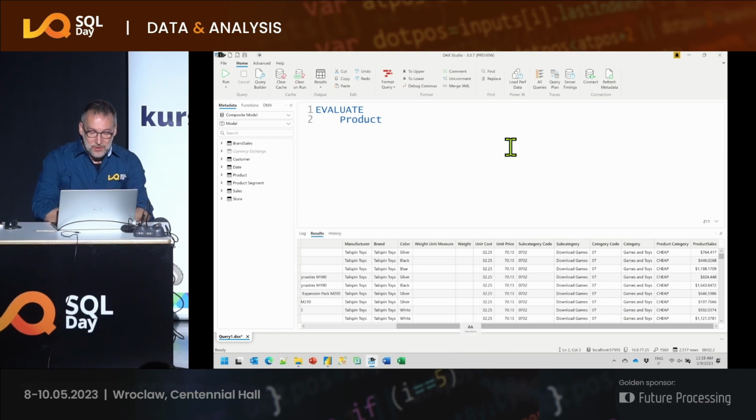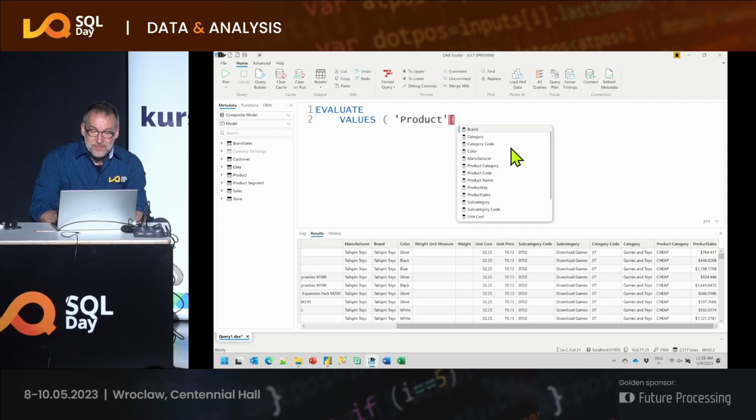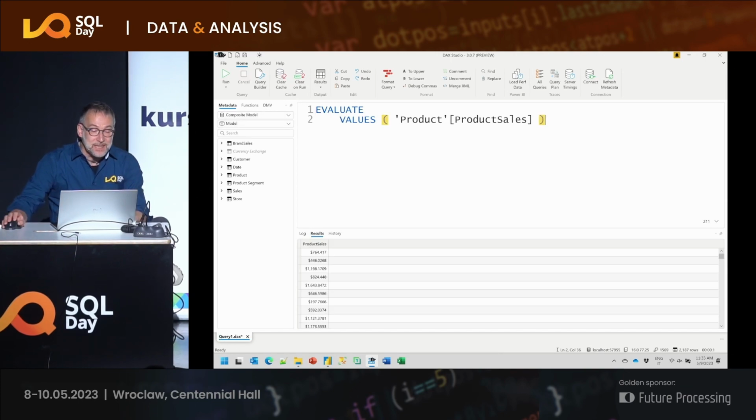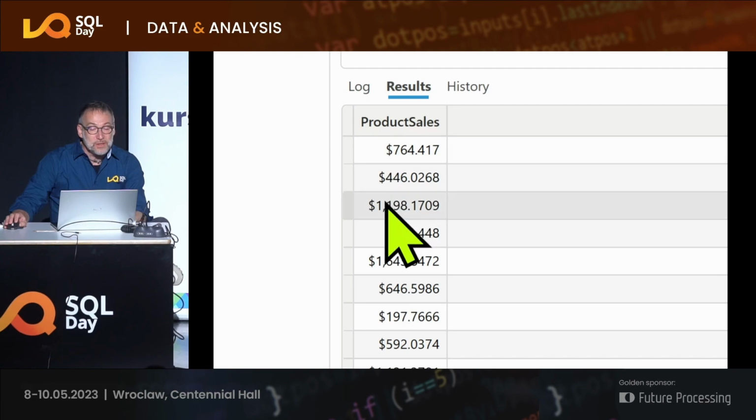So can I evaluate values? No, wait, I can see that lowercase. Values of product sales. And the answer, of course, is yes, that query runs nicely and provides all the possible values of the